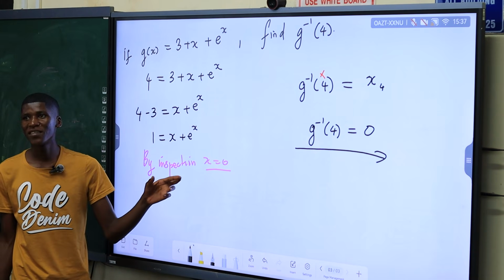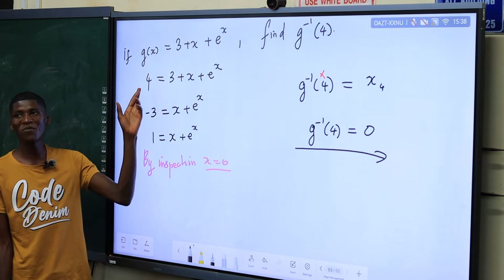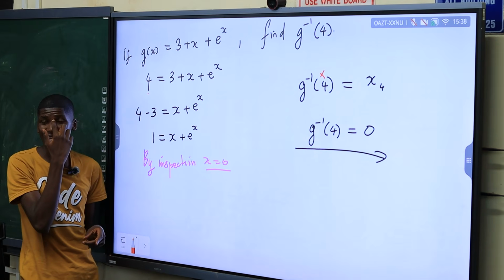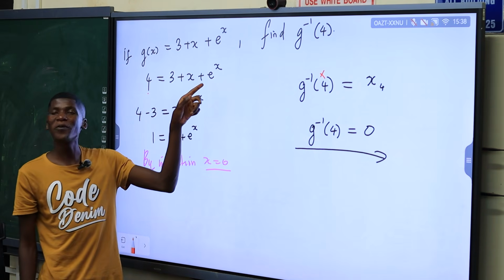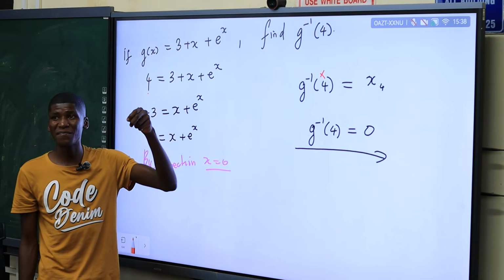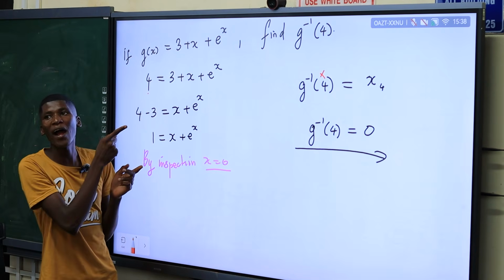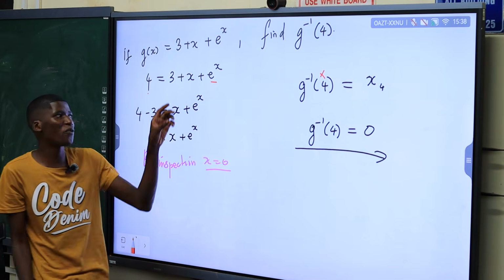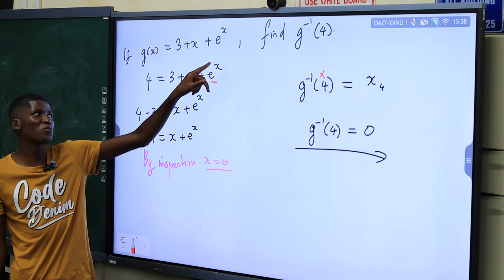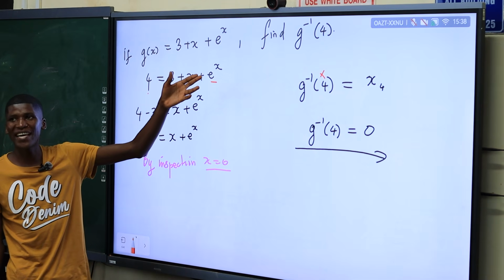Okay, we inspected, we looked and saw which value can give us 4 here. Imagine this, 4 does not have decimals. And then here you have e. Whichever number you raise e to, you will always get decimals. So just by looking at your e, it must be equal to 1, at least a whole number. And the only way to make it a whole number is to put e to the power of 0. Otherwise, the number has decimals if you try other x values.